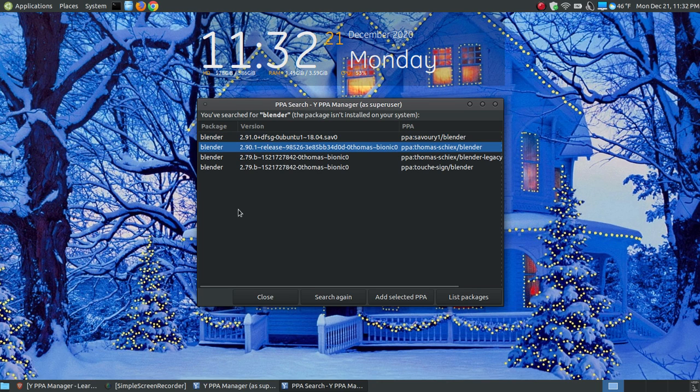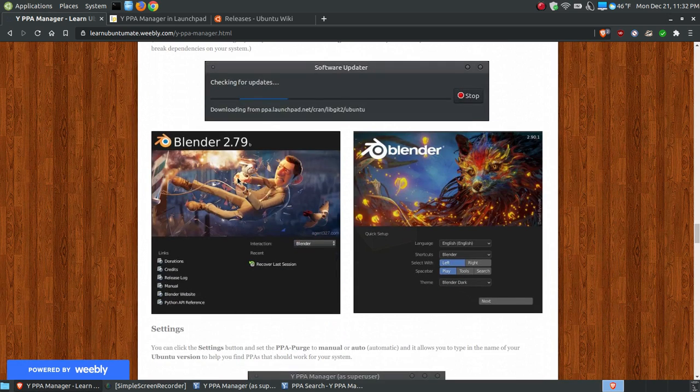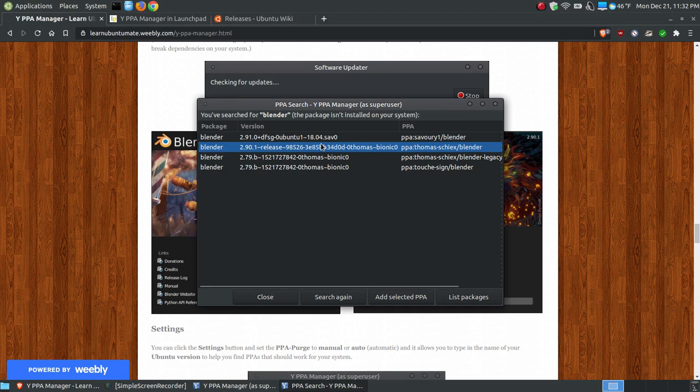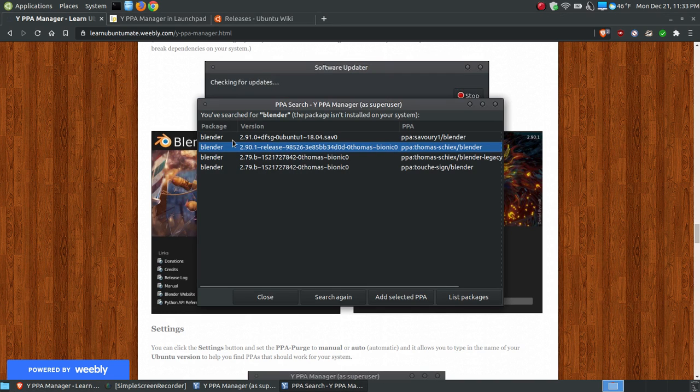I chose this one. And so if you look on my website and you come down here, this was the Blender that I had on my desktop at the time that I installed it. So I installed a newer version of the PPA, which is this one. Once I hit install the PPAs, when I ran sudo apt-get update and upgrade, it upgraded my Blender from 2.9b, which was beta, to the newer version of 2.90.1. Now as you can see here, there is a newer version,